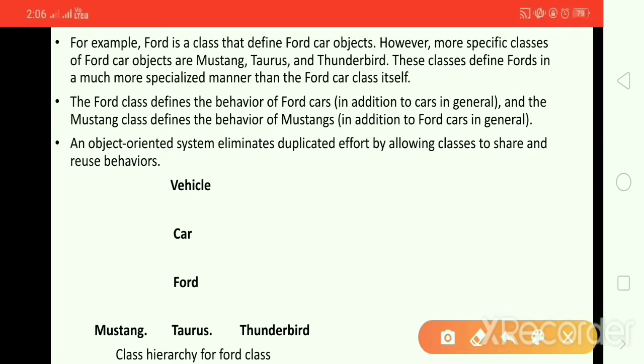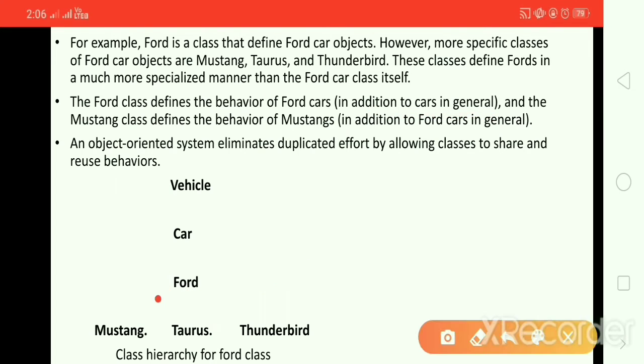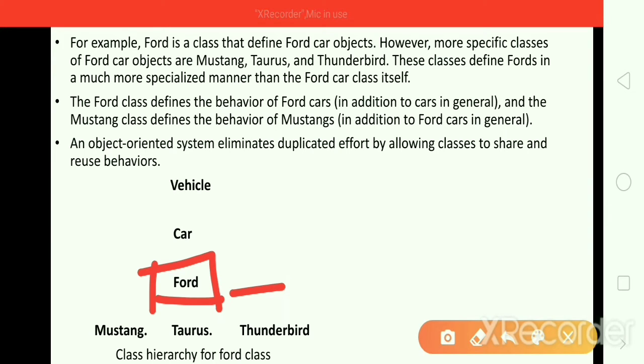The Ford class defines the behavior of Ford cars. It means how Ford cars can be and their features. It defines the behavior of Ford cars, and in addition to cars in general, Ford cars can have their own features. In addition, they have the features of the car class.